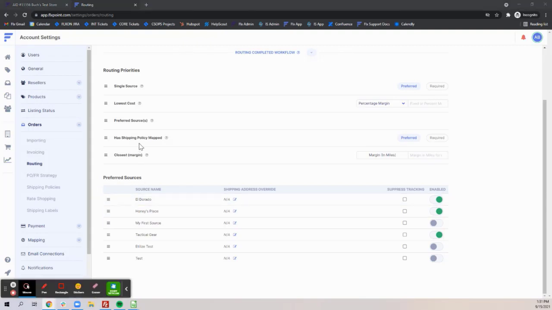Has shipping policy mapped will look for sources that have a shipping method associated with the shipping policy on the order. Closest margin will look for the source that is closest to the shipping address provided on the order. Always remember, if you hover over these question marks, there are little tooltips to give you a reminder of what